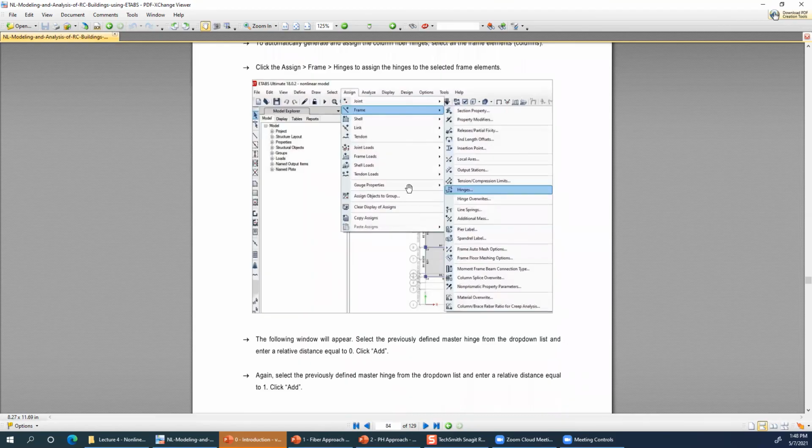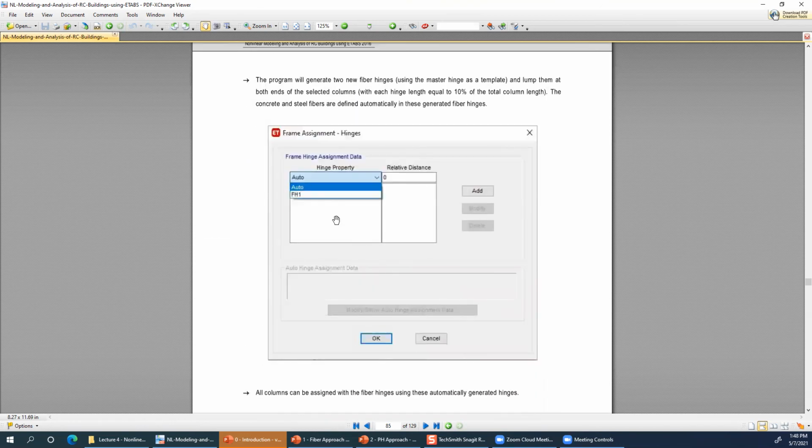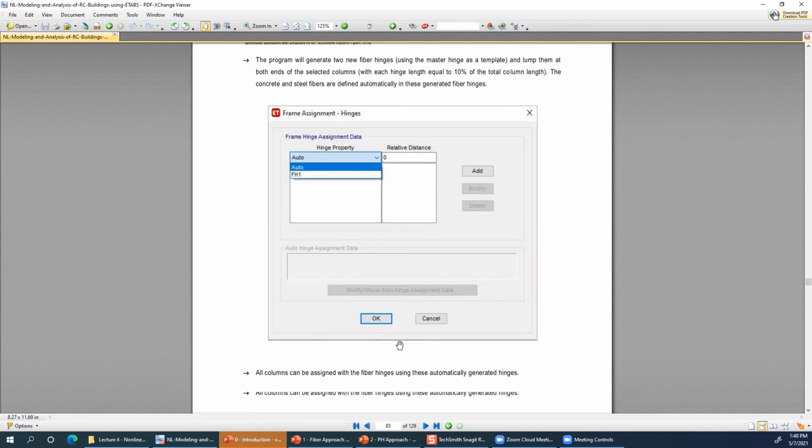Then I actually select a particular column and then go to assign frame hinges, and then select whatever hinge I have defined earlier. FH1 is my PM2 M3 fiber hinge. I select that and I apply it to a relative distance of 0 and relative distance of 1.